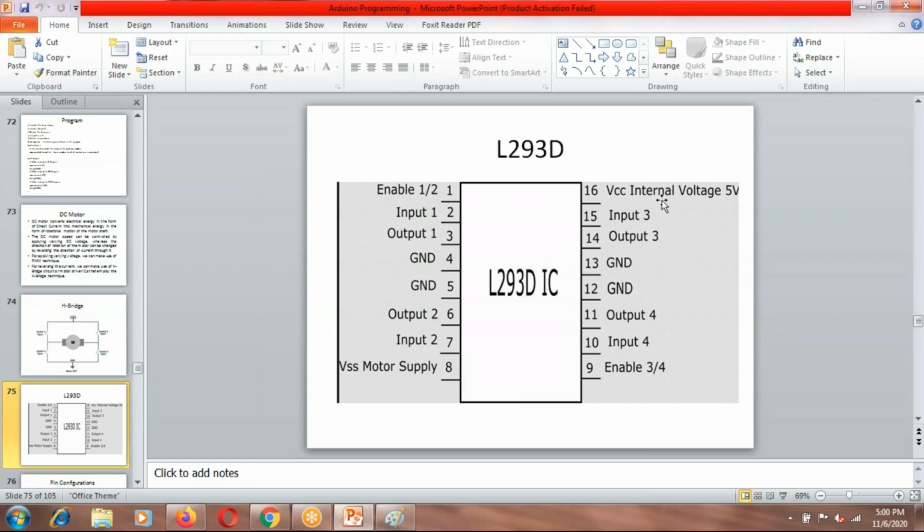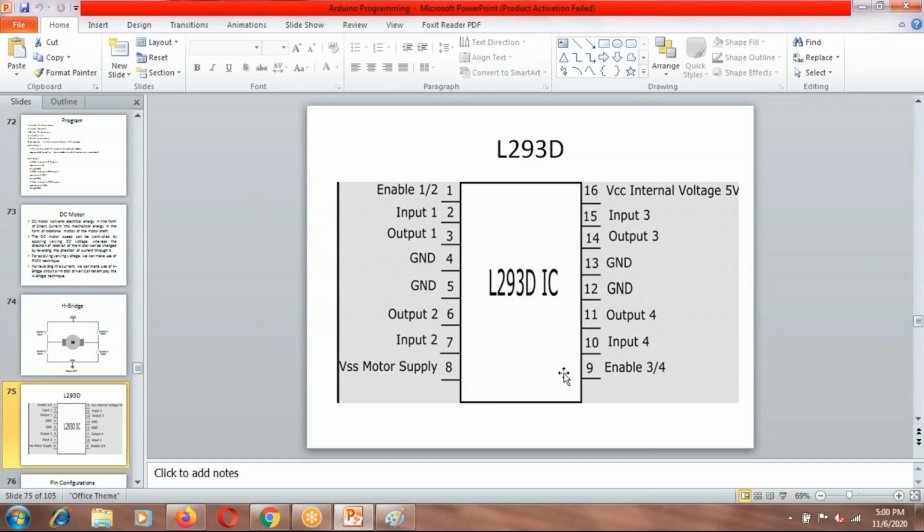Obviously, you can use the 5-volt supply on the board. And you can use these ground pins. You actually have 4 ground pins on this IC, so you can connect any of these ground pins to the ground available on the Arduino. This will power on this L293D IC.